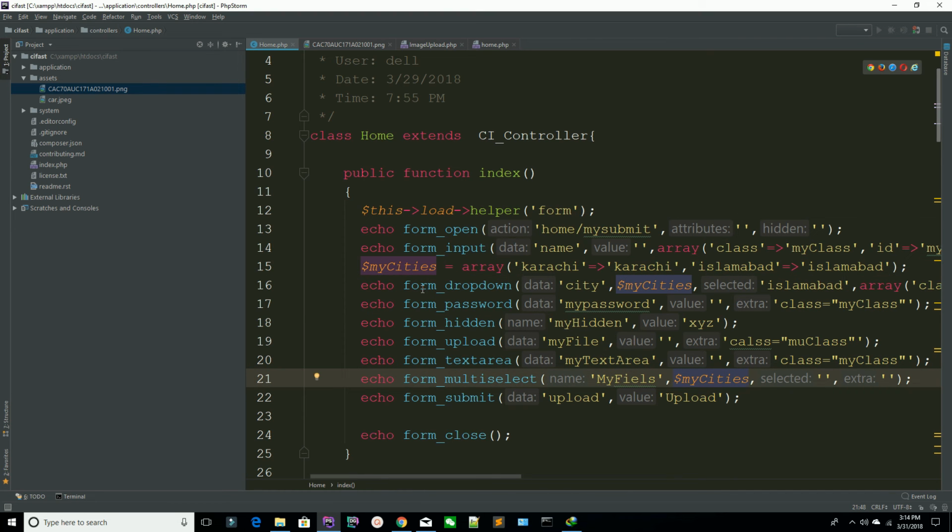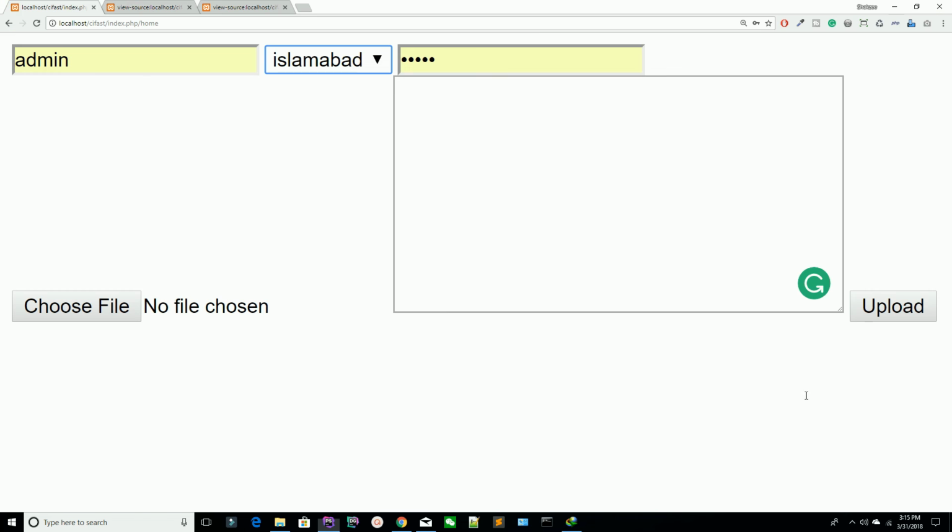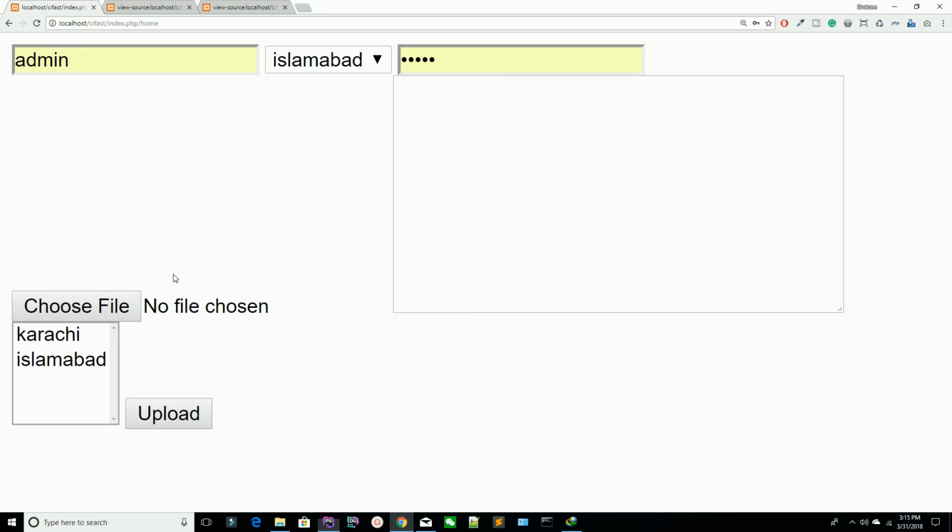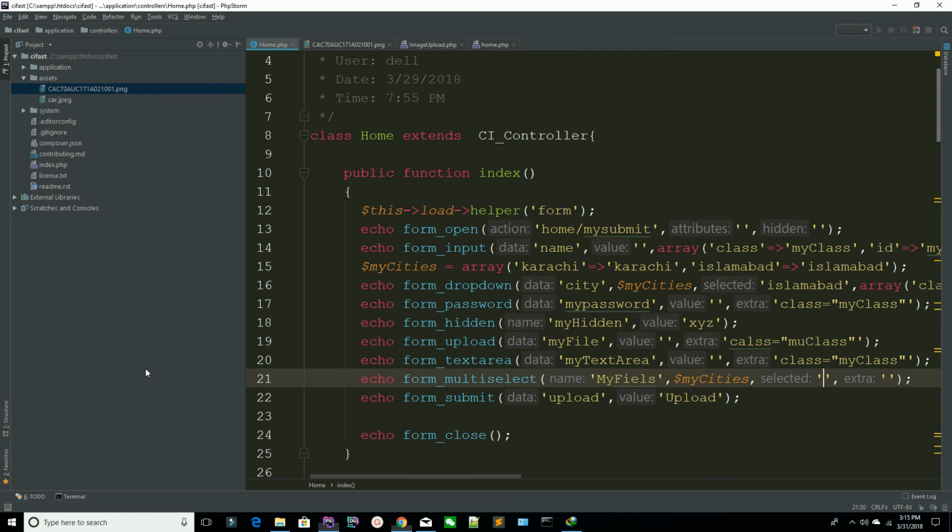I'm passing an associative array because these are the options. I'm saying Islamabad is the default value, or I'm saying it's nothing. Go to your page, refresh the page. You can see you can select multiple options like this. Okay, so